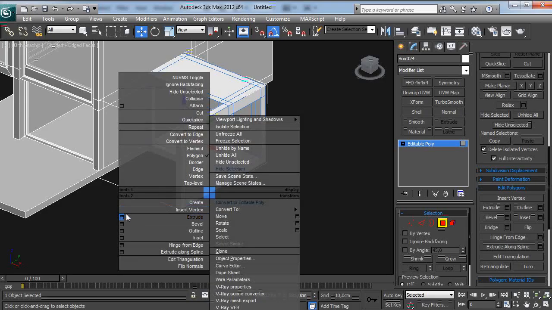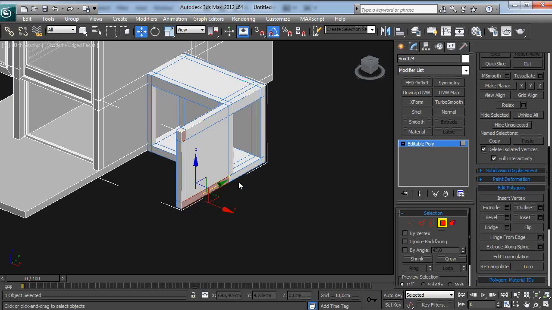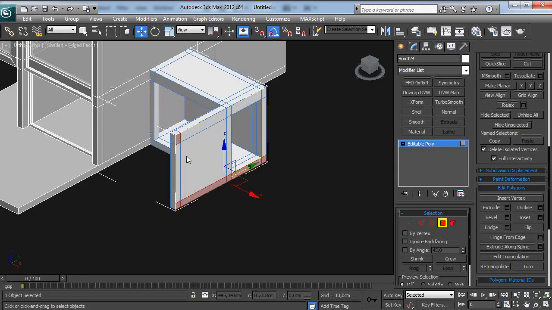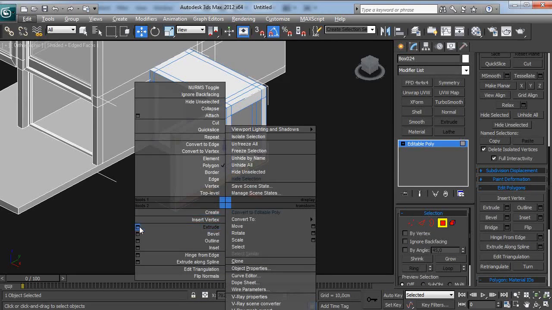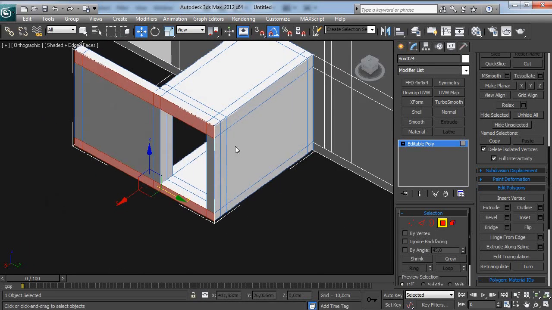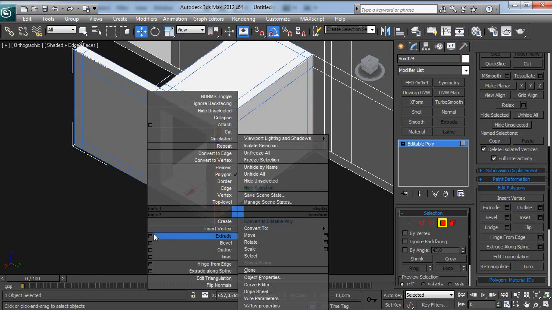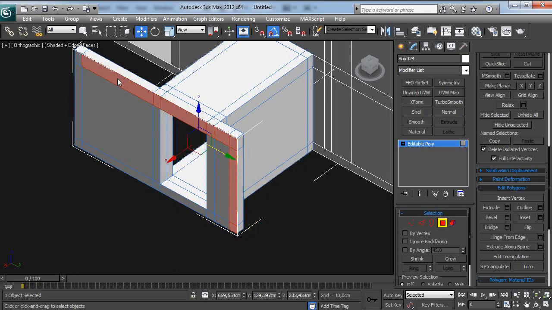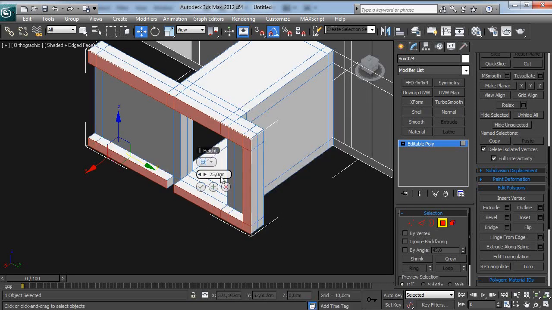And let's select all those polygons. Actually, let's select those as well, or maybe actually let's make this a little bit longer. Okay. And now let's grab those polygons. Okay, and one more here. And extrude this by